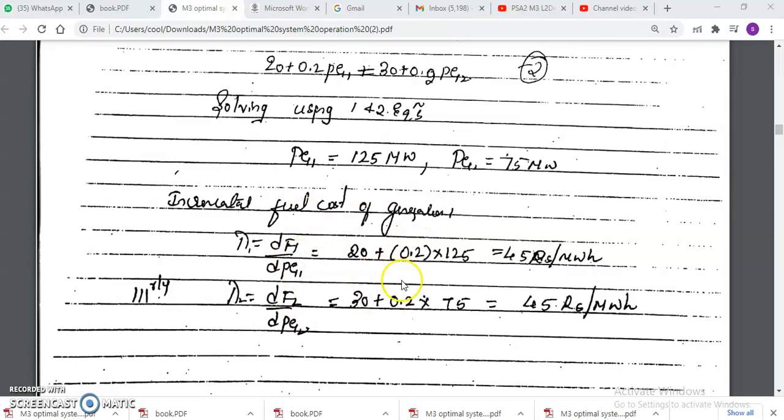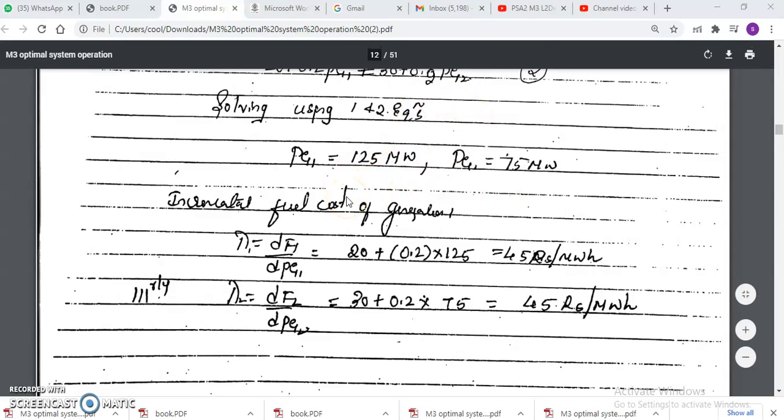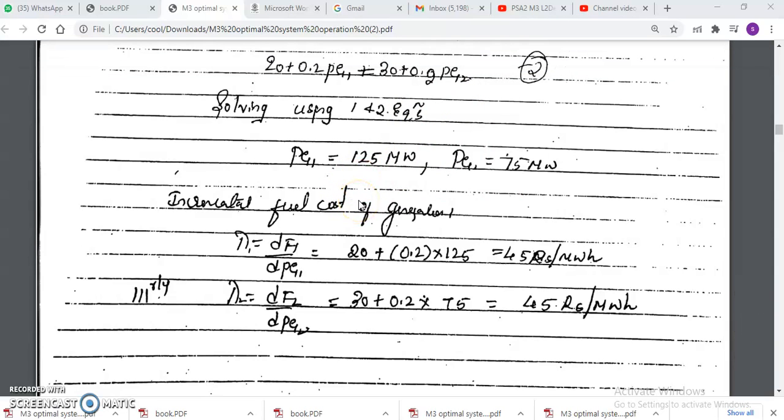Any formula you can use, either you can apply to the first plant or the second plant unit. If you apply to both, we will be getting here 45 rupees per megawatt hour. Lambda 1 also 45 rupees per megawatt hour, lambda 2 also 45. It means lambda remains the same for all the plants. By this we came to know that these problems are equal incremental cost criteria without losses, without generating limits. Okay, got it? Either way, anyone you can follow. The alternate method for lambda will be there, so you can check lambda by the alternate method. Directly we can check whether the answer is correct or not. Both are the same only.